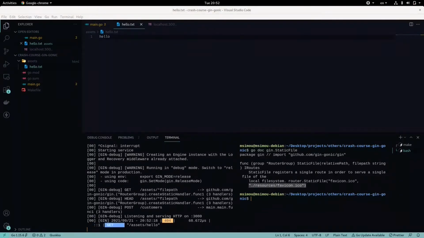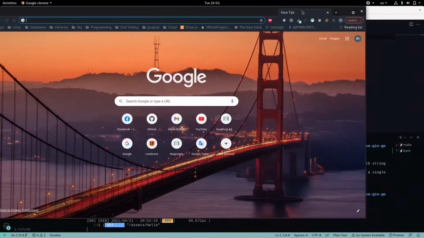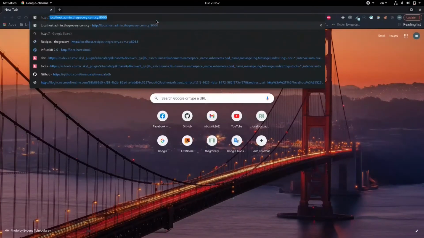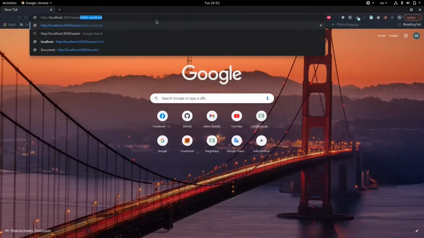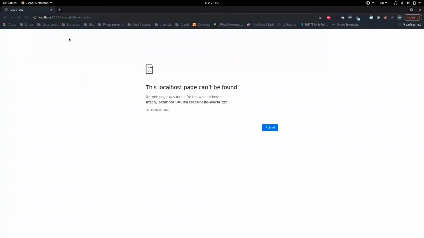And if I bring my browser, and try to call the environment, so I will call assets, and I will call for hello, and that should be txt. So we see that we get the file that we render from our assets. So if I remove the file and just leave assets,